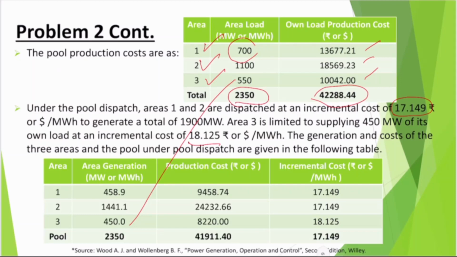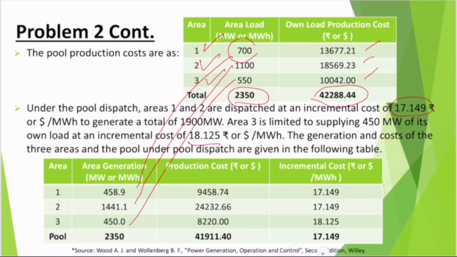And this, instead of 1100, has now become 1441. Now the 700 has become 458. So what has happened? Area 1 reduced its energy, area 3 reduced its energy, and area 2 became overloaded by a significant amount. Okay, so the incremental cost, as you know, is given as 17.149 for 1 and 2, and 18.125 for the